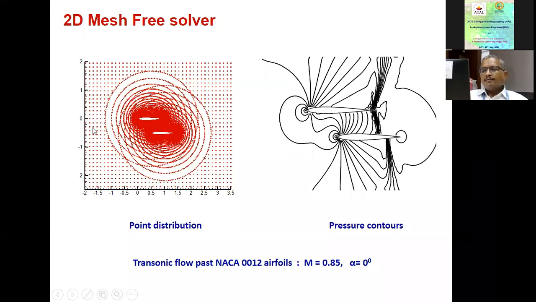So you can see here what is called a biplane configuration. There are two aerofoils. So here we have generated a cloud of points by a simple approach, two overlapping polar grids, or O type of grid it is called. These points are sourced from two structured grids. You can see from the kind of distribution of the points.